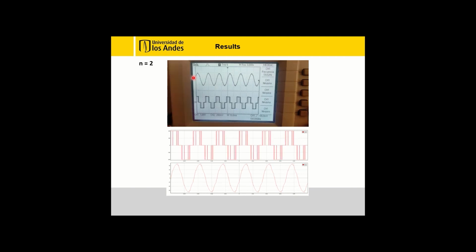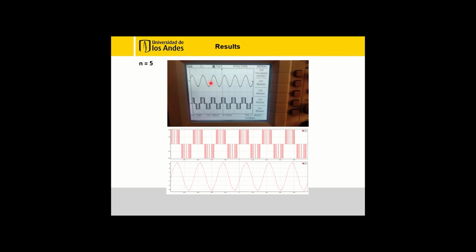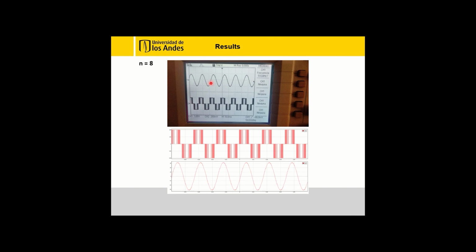a sine wave. As we went increasing the number of intermediate vectors, we saw that there were more commutations, and this can be seen with rapid jumps from the square control sequence. This also helps reduce the total harmonic distortion in the resultant signal in this one, where you can see that the wave is resembling more a sine wave. The same can be shown in the oscilloscope. And when we start increasing the number of intermediate vectors a lot more, we see that this can almost resemble a sine wave, so almost a perfect sine wave, which is what we were hoping to acquire